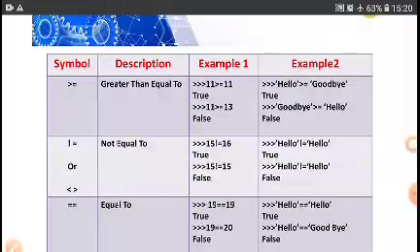All letters must be capital, then the result will be true. Okay. 19 equal to 19, this is true. 19 equal to 20, this is false. Hello equal to hello, true. Hello equal to goodbye, false. I want to repeat this: a string value is compared on the basis of ASCII value.